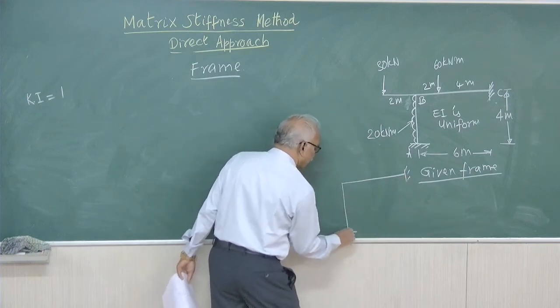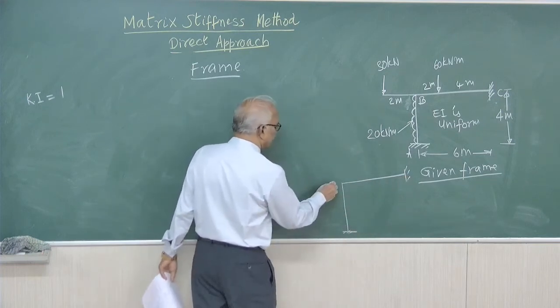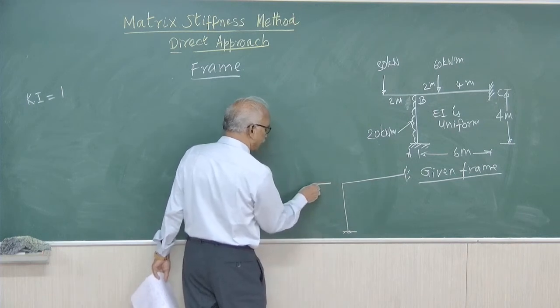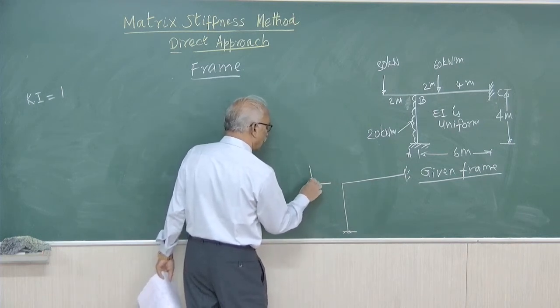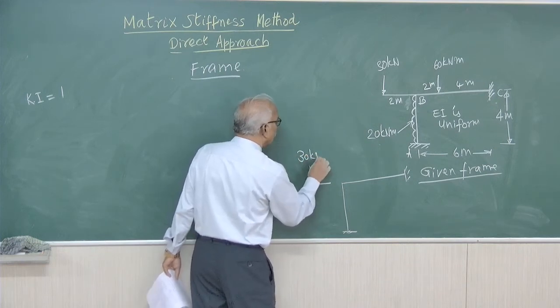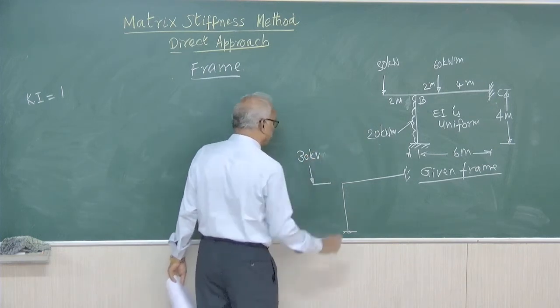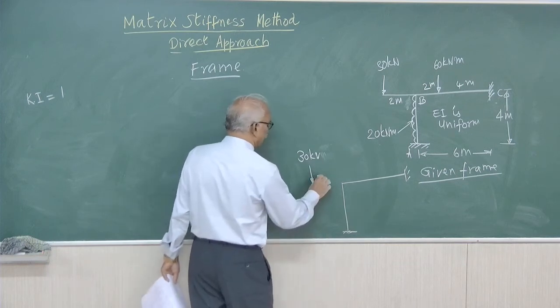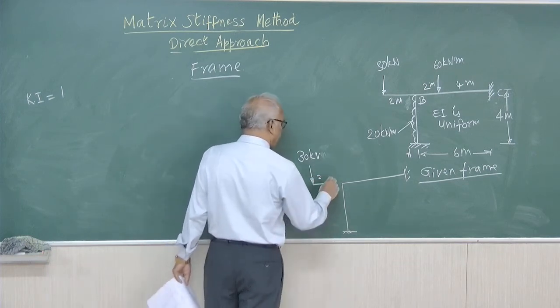This is the frame that you are going to consider. Now here there is an overhanging portion. So this is the load. This load is 30 kilonewton. So this is 2 meters. Therefore, as far as the